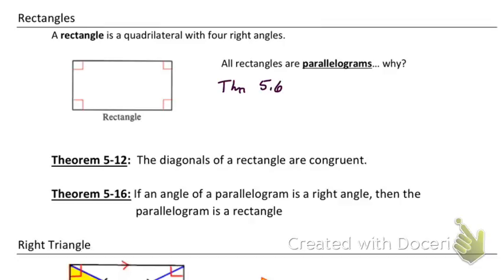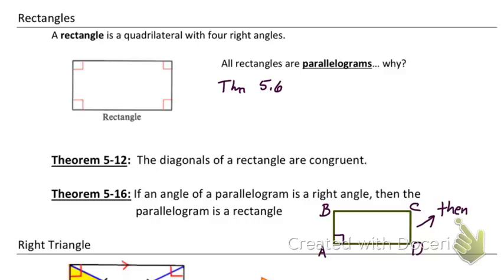I'm going to put a little note on the side of what exactly that means, and you can either put it here, or you can put it on yours, or you can be like, duh, I don't need to write that at all. What this is saying is basically if you have a parallelogram, and you say one corner of it is a right angle. Let's call this A, B, C, D. So this is A, B, C, D, and all it said was, hey, angle A is 90 degrees. Well, based upon that one little fact,